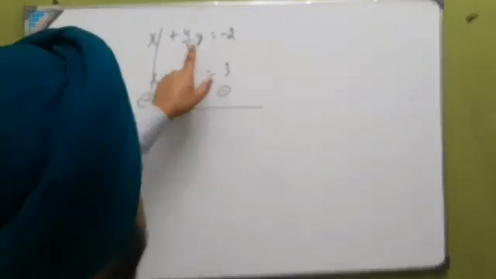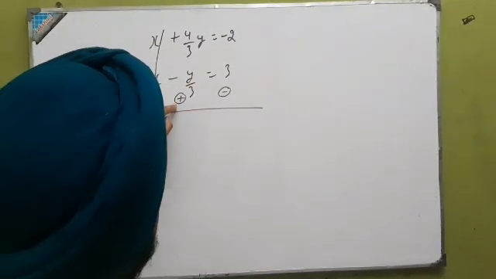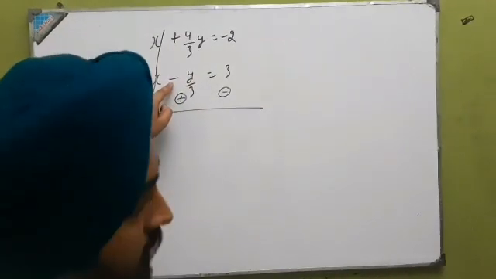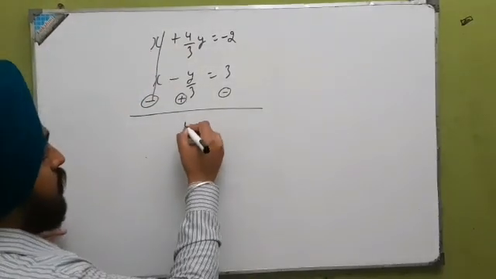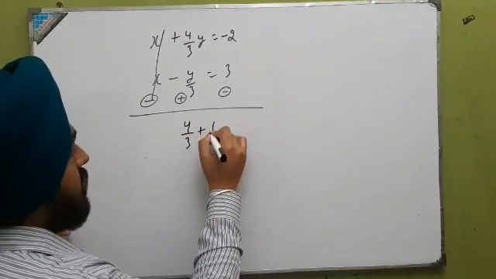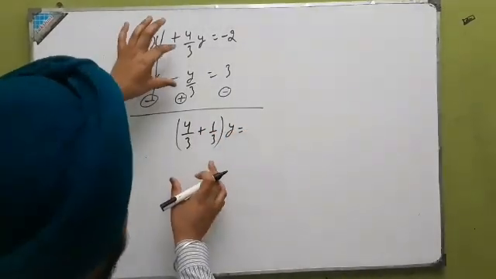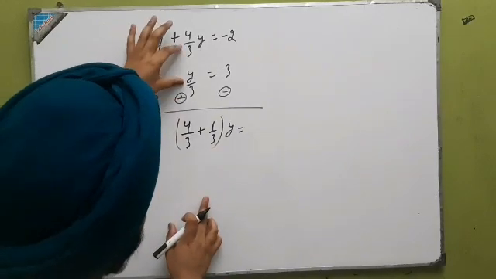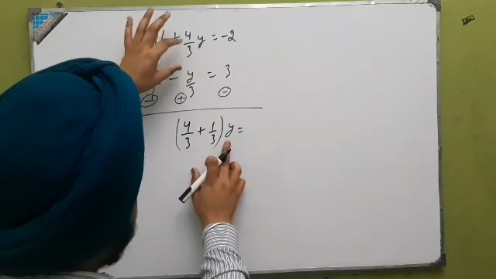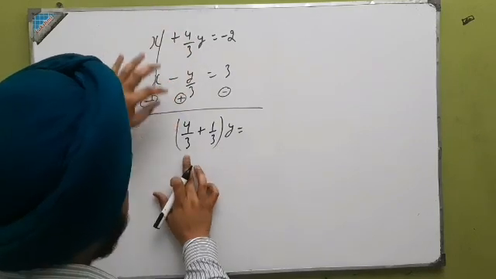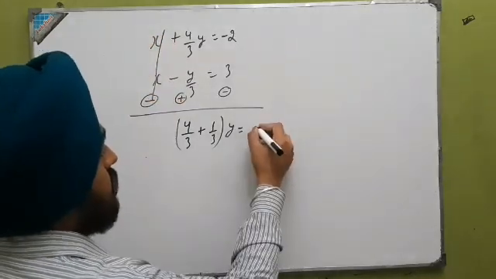So you can check here the coefficient of y is 4 over 3. Here the coefficient of y is positive. Now it becomes positive, don't write negative. Both are positive. Clear? 4 over 3 plus 1 over 3 into y. So we can take LCM now. Firstly we take y common from both. Which thing is left inside the bracket? 4 over 3 and here 1 over 3 is equal to minus 2.